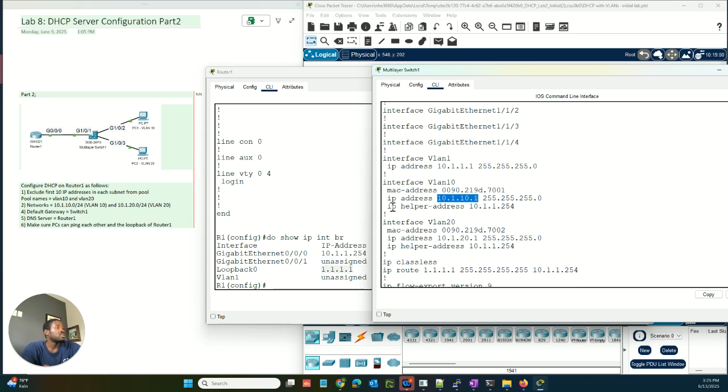10.1.10.1/24. We have the IP helper address, which helps forward broadcast traffic from any device, any host here in this range of IPs, in this subnet. This command forwards it to the router. IP helper, it forwards it to the router. So that's that for that. We have the same for VLAN 20, and